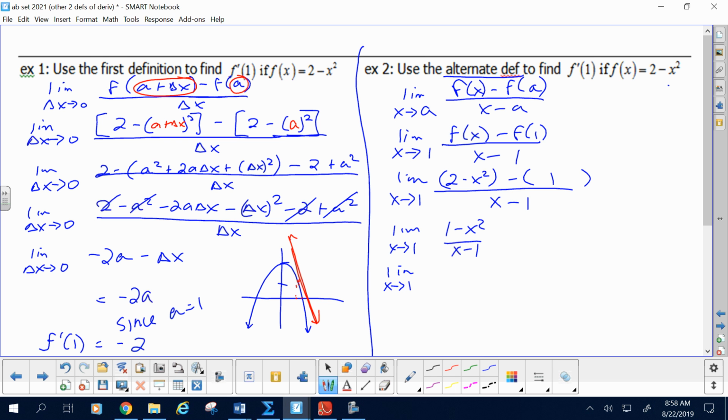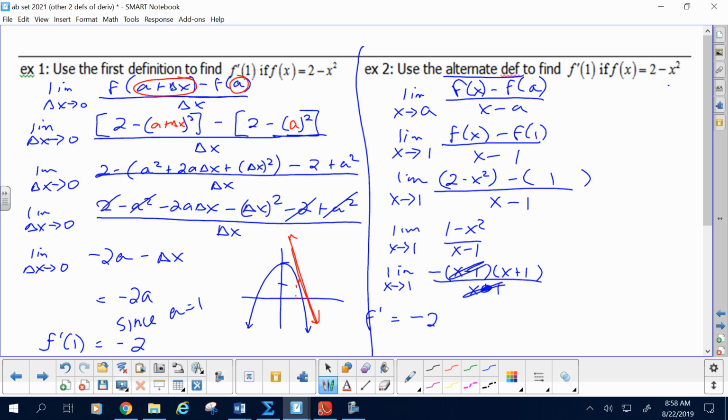How do I do a little factoring and canceling here? What's the first kind of problem I have? Instead of 1 minus x squared, I prefer it to be x squared minus 1. So could I take out a negative? And then x squared minus 1, how does it factor? X minus 1, x plus 1. What's the name for that factoring pattern? Difference of squares. X minus 1 then divides away. That means my 0 over 0 problem just divided away. So what's the limit? Negative 2.